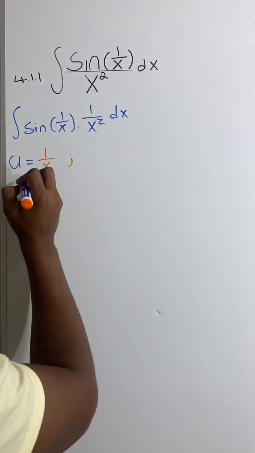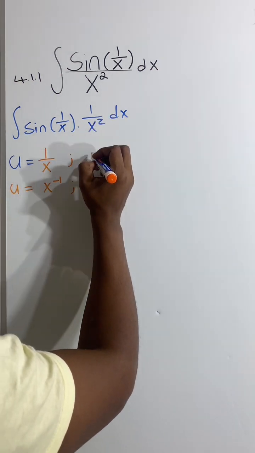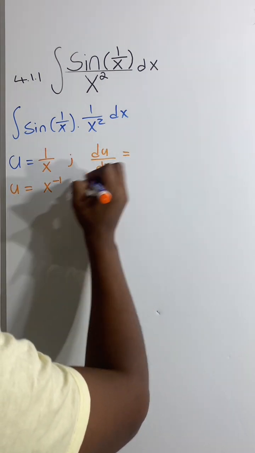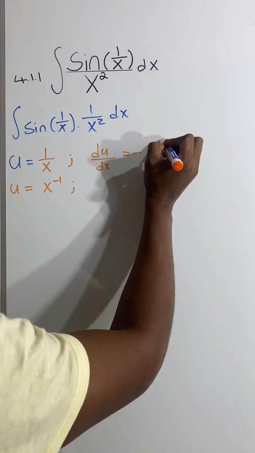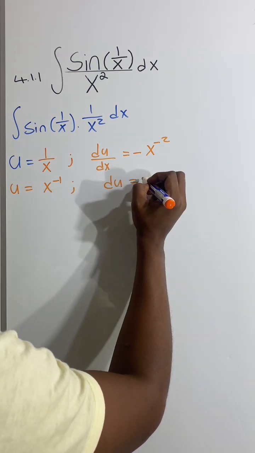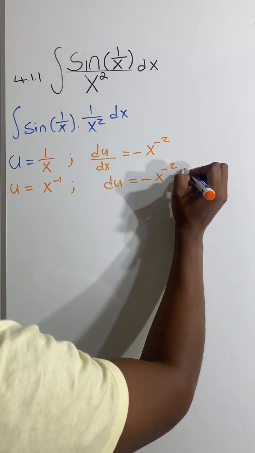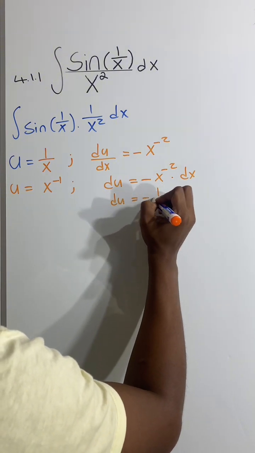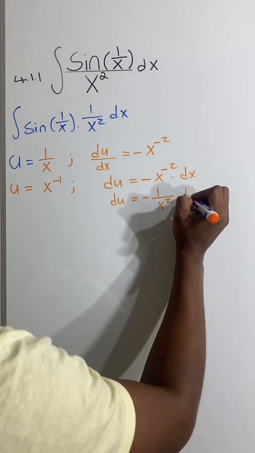and this can be rewritten as x to the power negative 1. So we differentiate u with respect to x. Differentiating x to the power negative 1, we get negative 1 multiplied by x to the power negative 2. We multiply both sides by dx, and du will be equal to negative x to the power negative 2 dx. du is equal to, we write the x to the power negative 2 as 1 over x squared